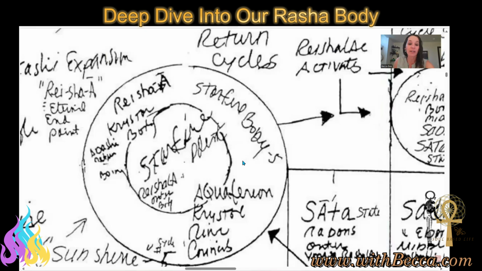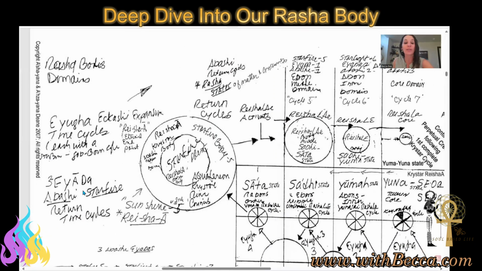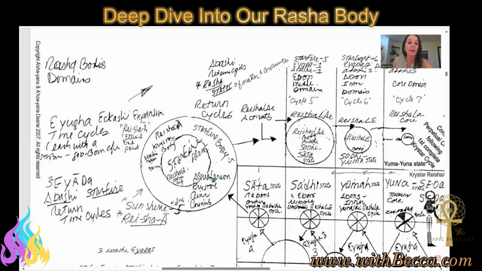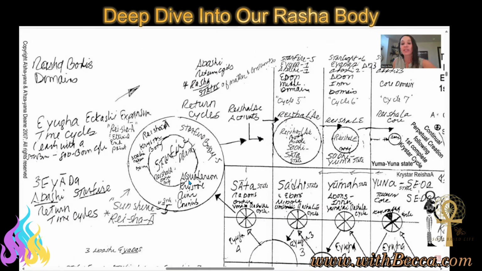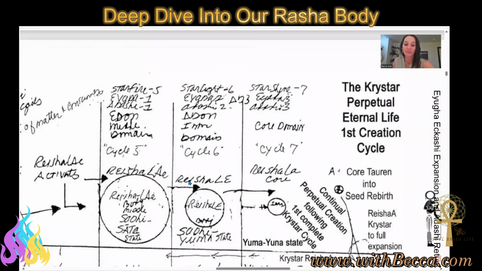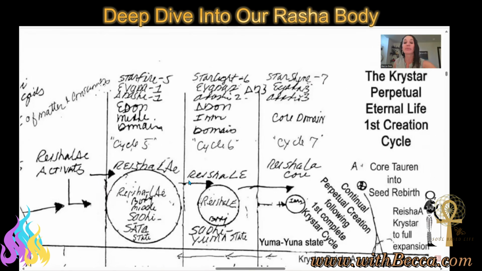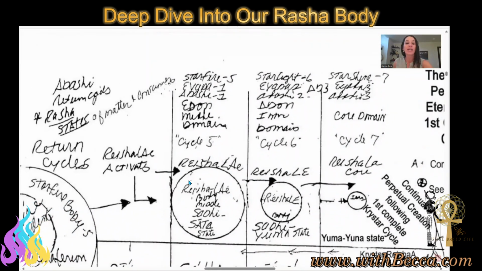So if you can see the circular energy here, this is going to be our starfire body. And as we're looking at this, this is all about the crystal return. You can see this even in here, the Aquafarian. The Aquafarian energy, basically starfire return, is always going to connect us back to the Andromedan mother galaxy. Now I'm going to slightly decipher. I am continuously expanding as the guardians take me through this information, but I want to start to share it in this way.